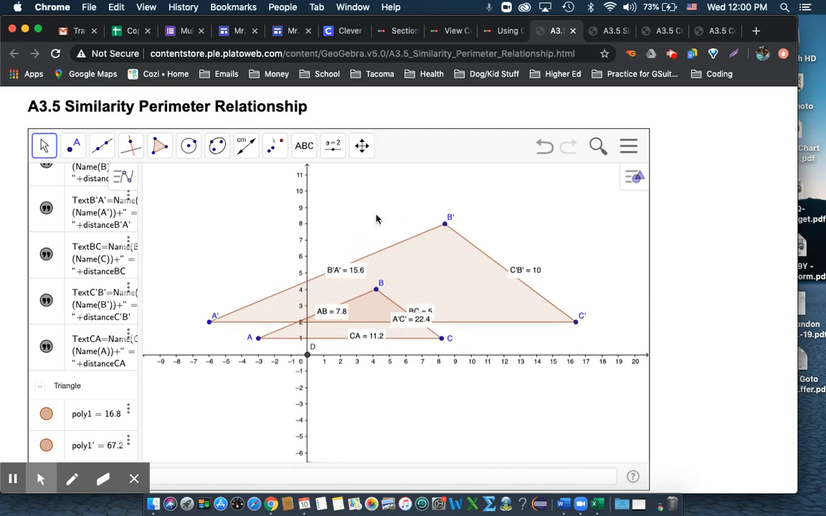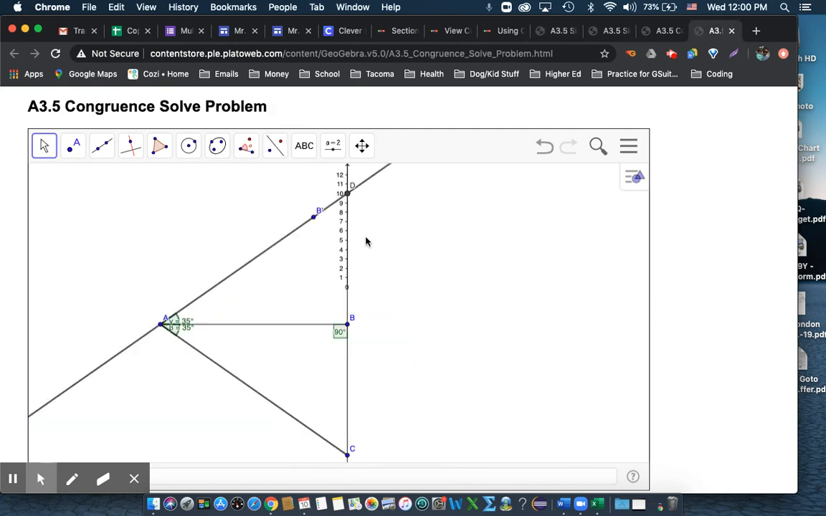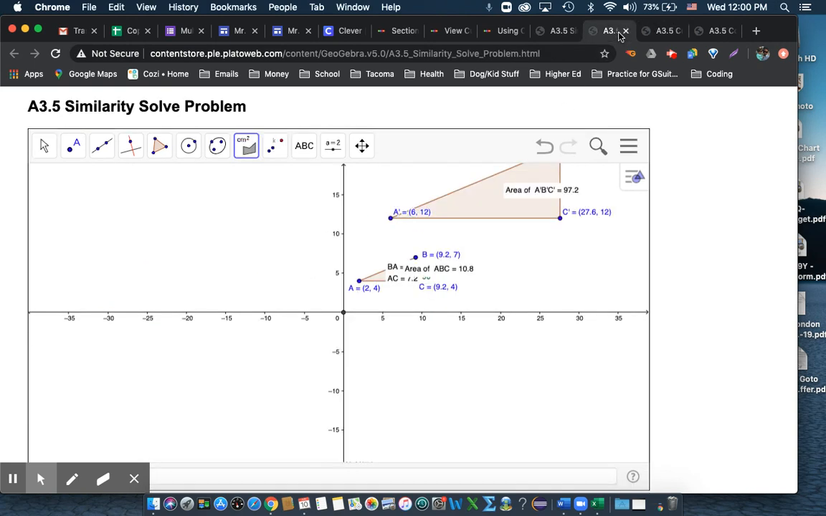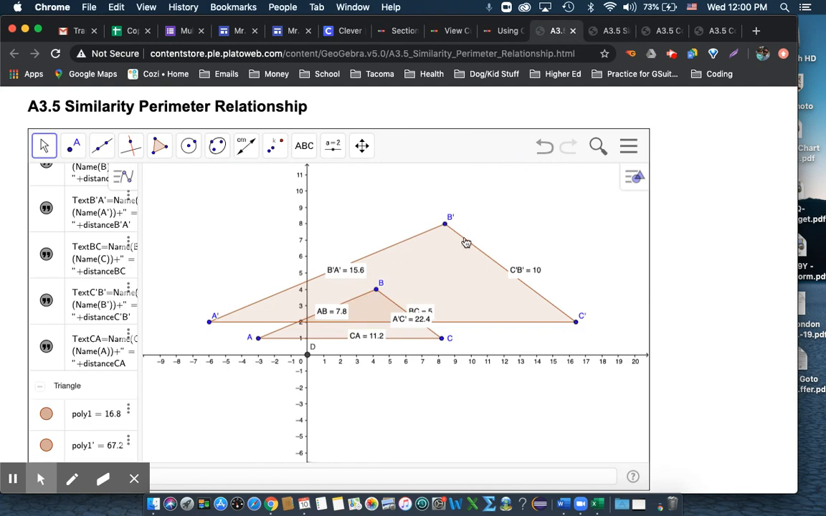All right. So you've got making congruent triangles, checking if they're congruent, area ratios of similar triangles, perimeter ratios of similar triangles. So those are the 4 activities within the tutorial. Please let me know if you have any